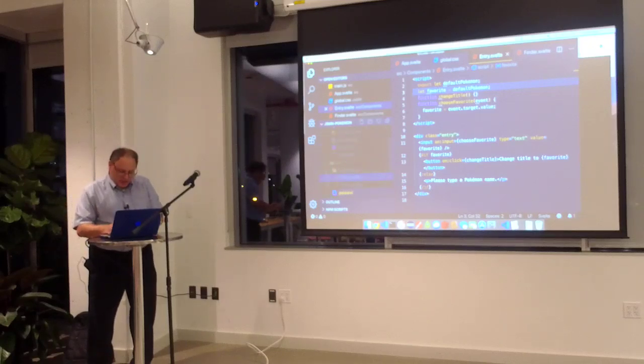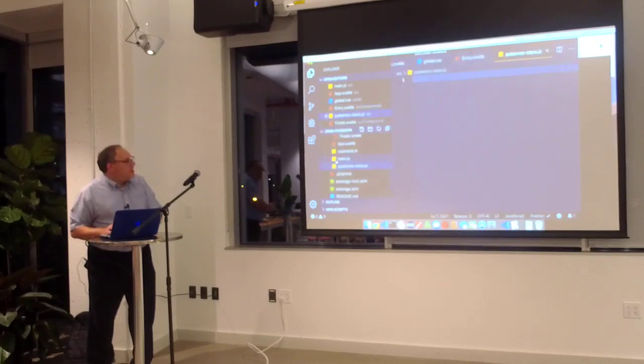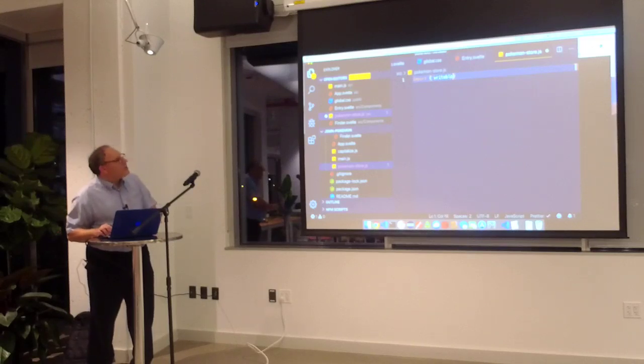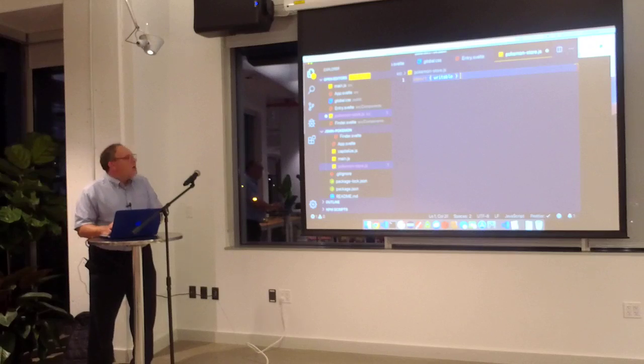I'm going to call this PokemonStore.js. There's that empty file. And here I'm going to go ahead and import a type called writable. I use the word type, but I don't think that was the right word to use. I think it's a method. Writable from